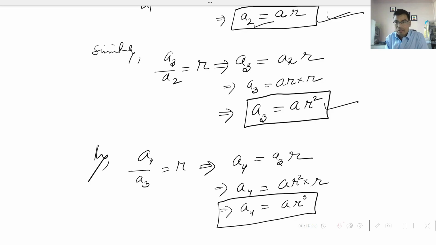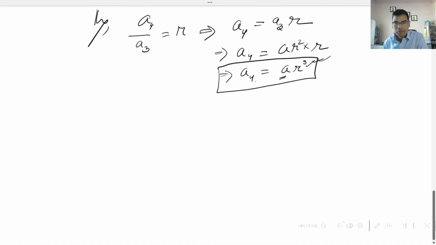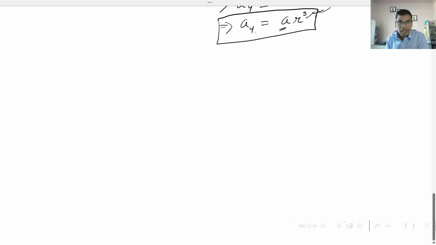So if it is A2, second term, a r, third term, a r to the power 2, fourth term, a r to the power 3. Now we see that in each term we have a, but the power of r is reduced by 1. If it is 3 here, then the power of r is 2. If it is 4, the power of r is 3. So if we continue in this way, then finally we have